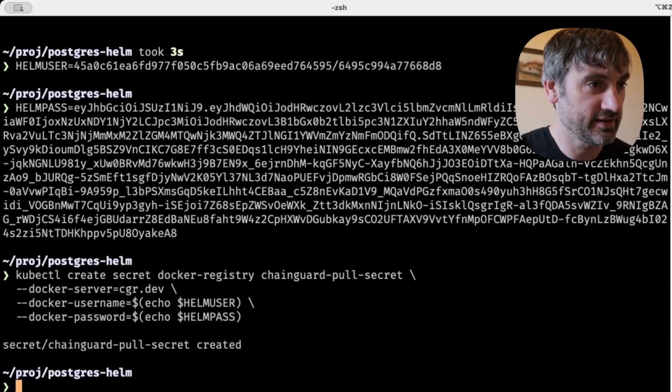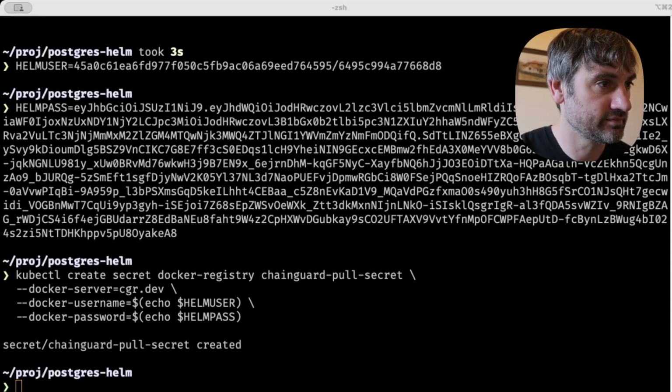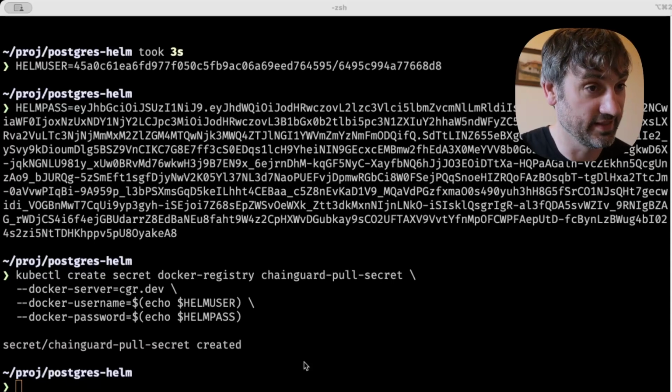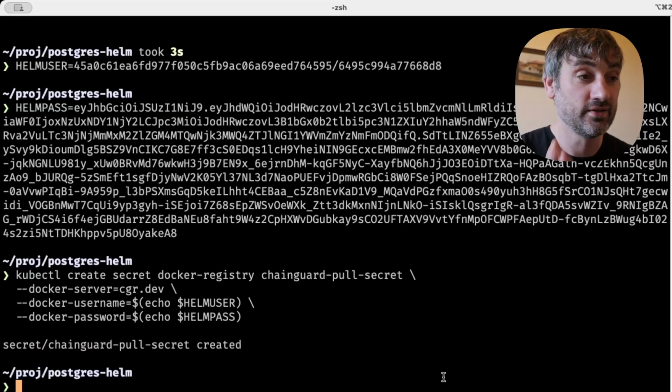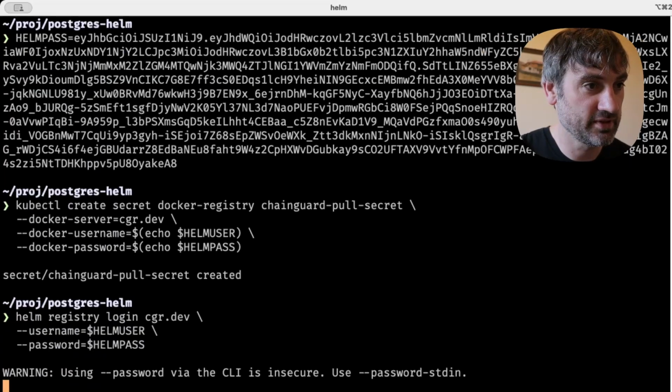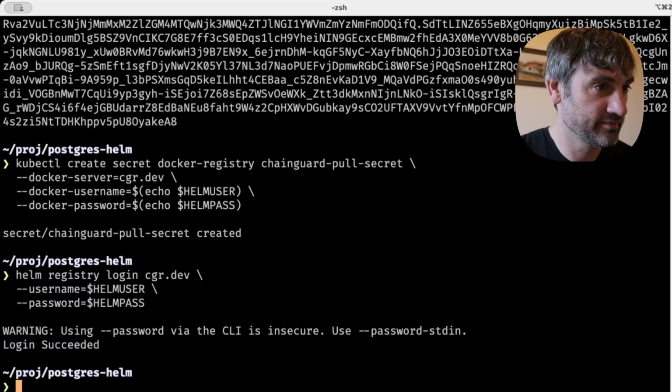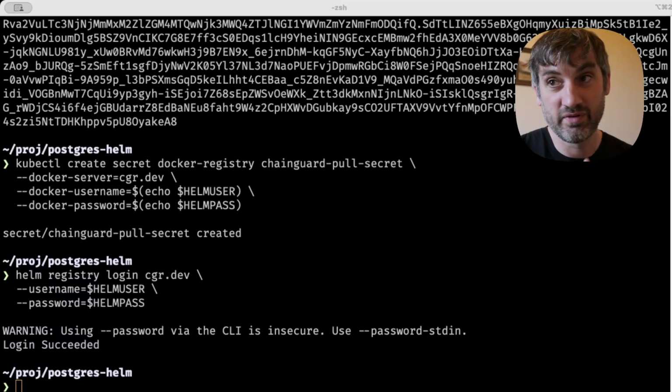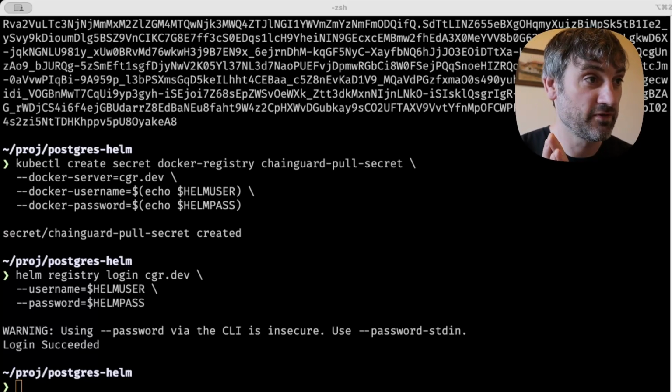So that's going to look like that. And now we can log into Helm in the same way. Rather than using the Docker credential helper, we can use the same password. There you go. And now we're just about there and ready to install, but there is one final thing I want to point